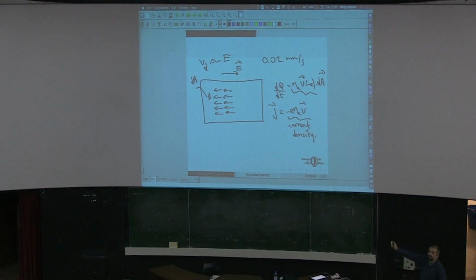Well, usually we don't care about the current densities. We have these very thin wires in our circuits, and we would rather find how much total charge passes through my wire. So then what we do is we just integrate the current density over a cross-sectional area of my wire. This is what we call the current. Now, since we are taking a cross-sectional area, this is integrated over the cross-sectional area.